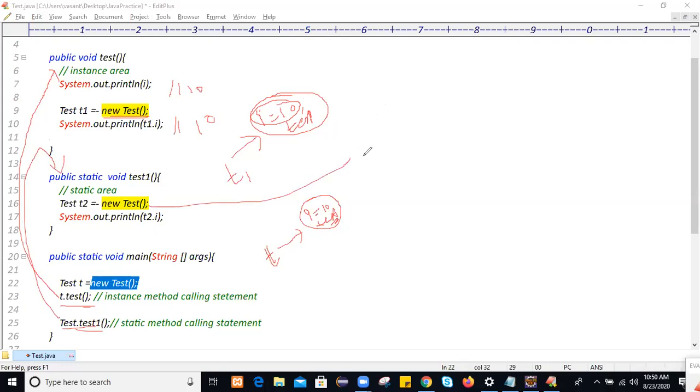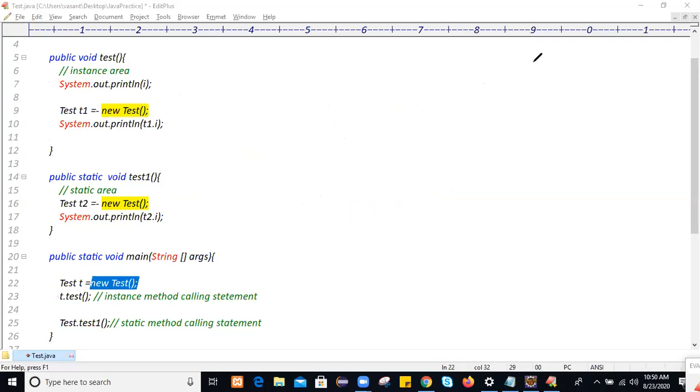Again in this test1 method, you are creating one more object, and this time t2 is pointing to that object. Again an instance variable copy and an instance method copy will get created in this object. From this object t2 dot i, you are trying to get the value 10 present in this memory address. Simply here also you will get the 10 value displayed. Like that the operation will happen.